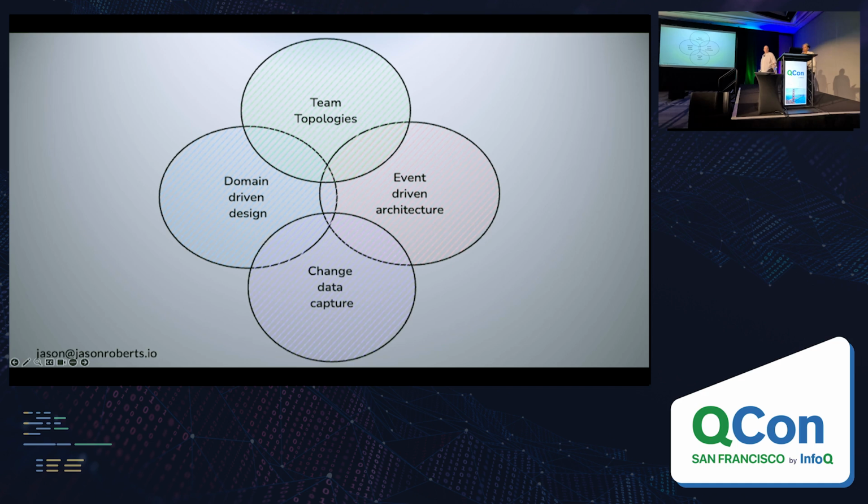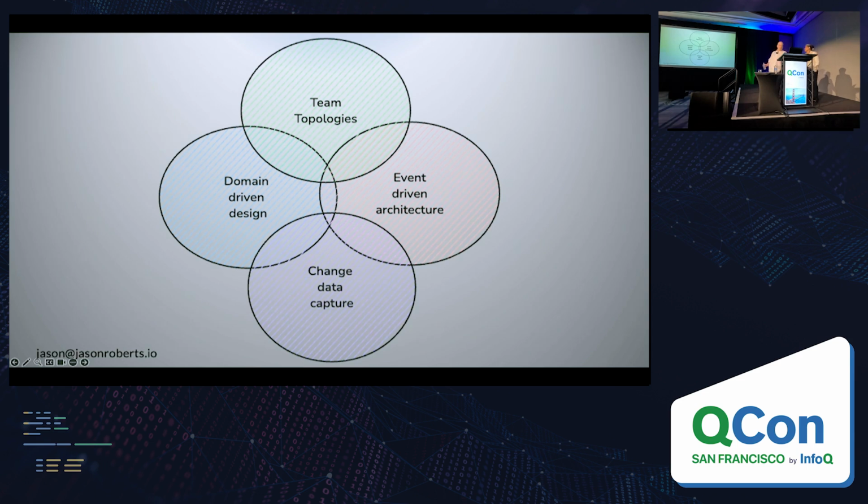So, just to set the context here, there's a lot going on, but ultimately this is a story about decoupling. Many kinds of decoupling: technical decoupling, organizational decoupling, and semantic decoupling. And these 4 paradigms that we're going to talk about all work together in concert to make all that happen, and they're complementary to each other.